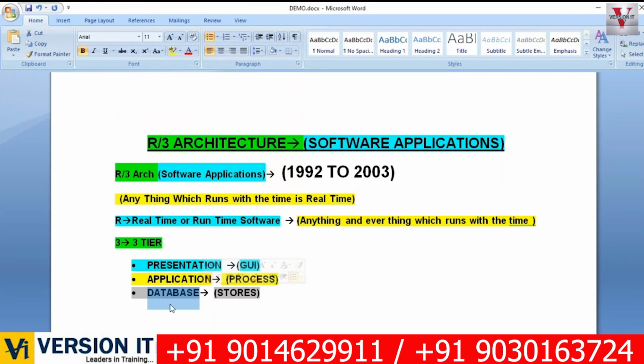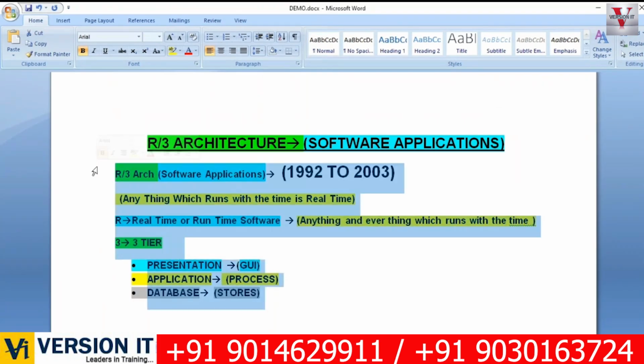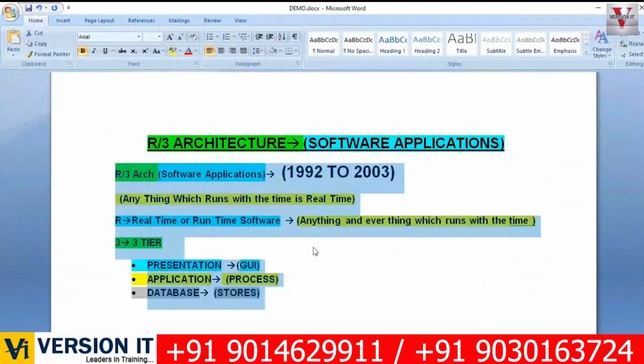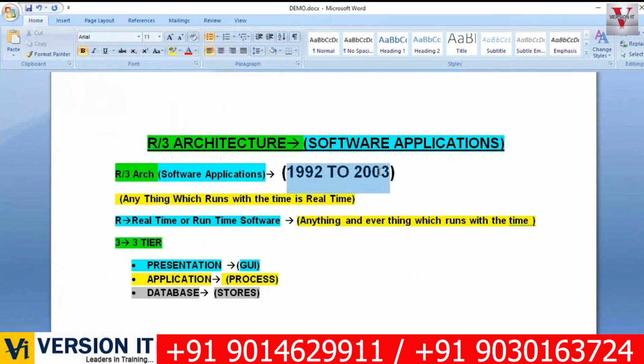If these three entities are there to make a software, and these three entities are making a real-time environment to run, then the architecture of the software is considered as R3 architecture. Got it, guys? And today we are going to discuss about this class. Everyone understood? And why we are discussing this class, whatever software SAP has developed and released between the year 1992 to 2003,